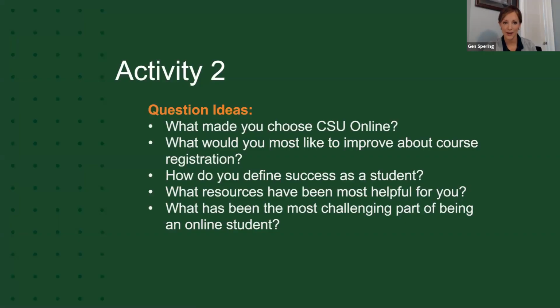And this brings us to activity number 2. So you can reference your worksheet, or if you're not looking at the worksheet this time around, we're asking you to select one of those focus group ideas that you came up with from activity 1, or think of something new, and then come up with just a few questions that you could ask that would help you gain insight into your particular area of interest. So for example, if you're looking for more information about course formats, you might want to include some questions about lecture length or content. So again, same style as before.